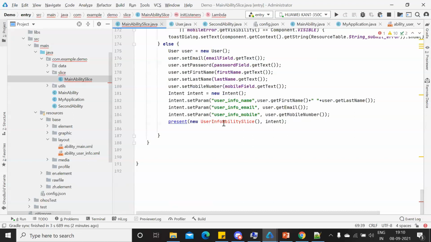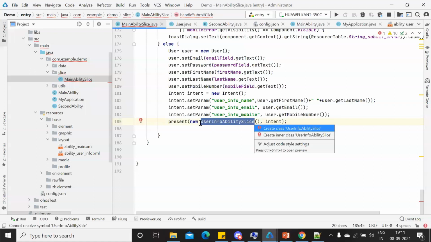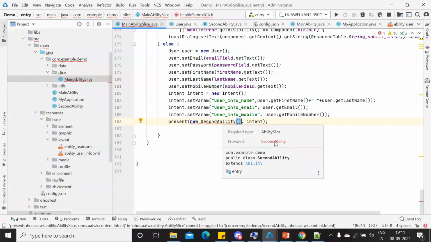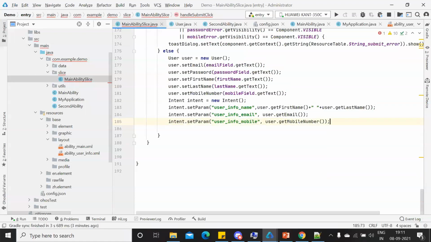present is giving an error. Why? Okay, there is no slice in the sense. Okay, let me pass the second ability itself. Is it able to take? No, it's telling required type is ability slice, not second ability. That is an ability. So I can't use present over here. So what I do is